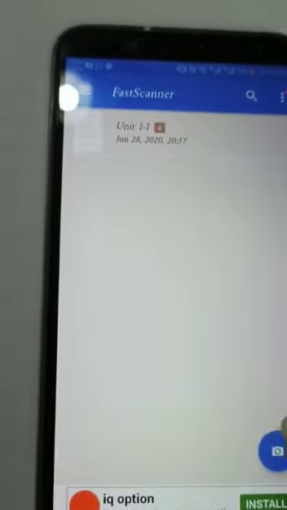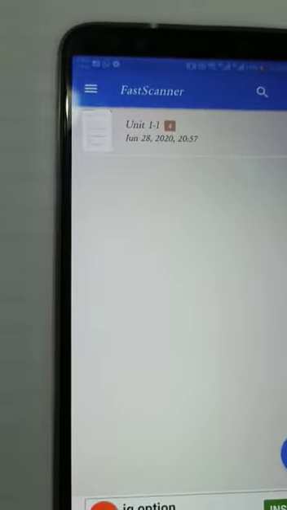Okay, now you have complete unit 1 over here. Okay, it is saved. You can go back, and again when the camera icon occurs, so that means you can save the other units in the same way too.